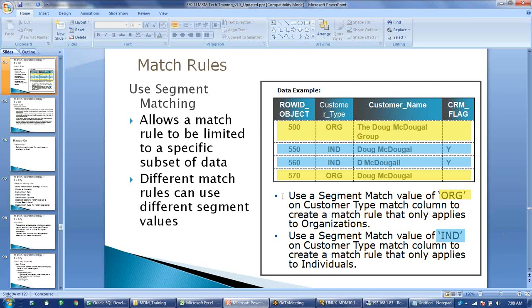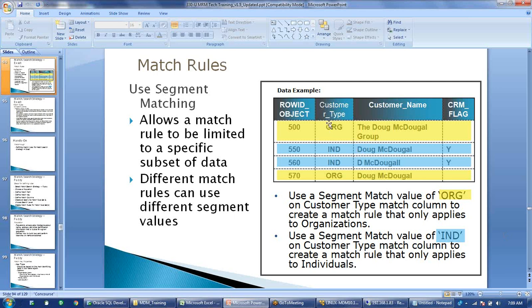Like this, I will have separate base objects. But if we are following a party model, in that case, I will have only one table, party. And in that one table itself, I will store everything. I will store customer data, organization data, everything in the same table. That is called a party model. So this segment matching is usually used in those scenarios when we are dealing with a party model.